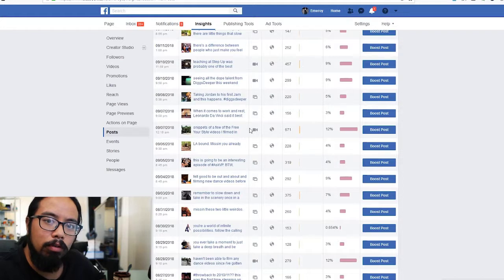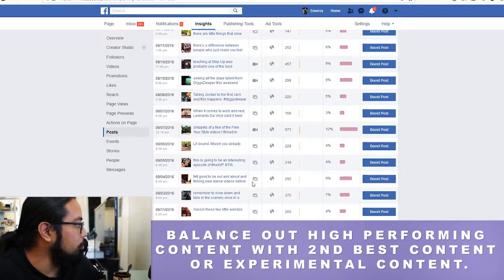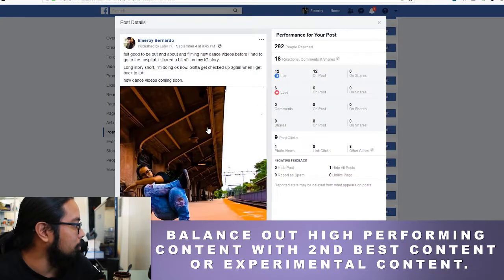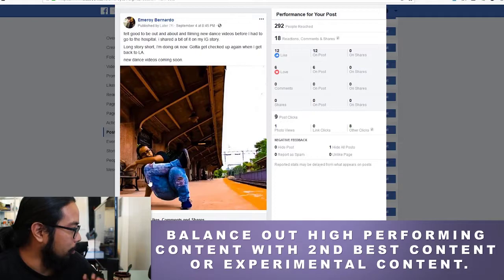So you want to start looking for the second best type of performing content. Throughout that week, this one, a dance action shot, seemed to do really well as well. Maybe between those two I'll be sharing content. And once you start defining the type of content that works, you can start slowing down, because you can easily oversaturate your audience with the same thing over and over again. Start with 3 to 4 times a day, varying types of content. Then you use this to find out which content works better. Then you filter it out, and then you can lessen it, because now you're producing both quality and quantity.